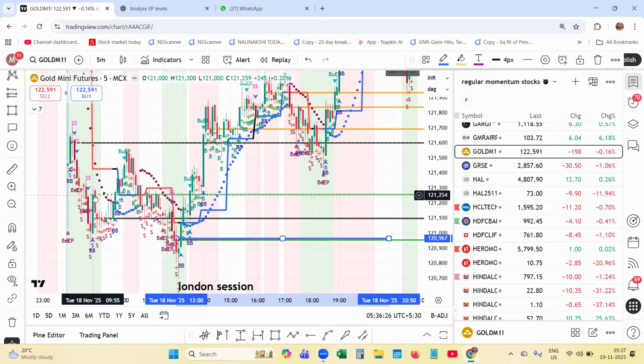See, there was an hourly support. Market broke below and traded. It went up and traded, and new hourly support has been created, and the market started climbing. Then you can take the position with the help of Gann HiLo around 121100, and if you would have